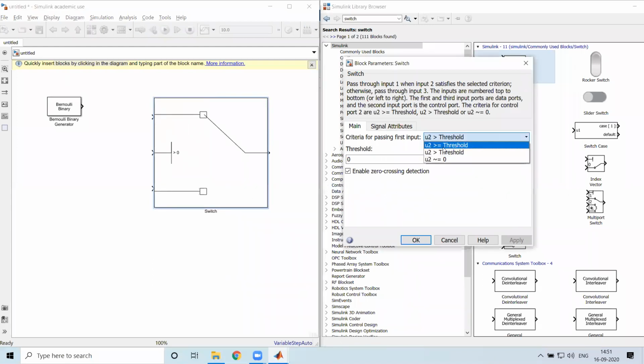You can see that you have greater or equal to, not equal to, or greater than. These are just a few of the options available, and you can change that. At present, let me keep it as: if it is above 0, then perform some operation. If it is below or equal to 0, then perform another operation. That is what you have to do. So the switch switches between the inputs